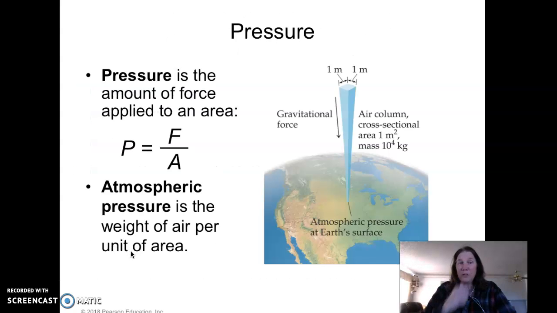One of the things about pressure is that it is force in an area. Atmospheric pressure is the weight of the air, and the closer you get to the ground, the higher the atmospheric pressure, because pressure is the amount of force applied over an area. When you're talking about atmospheric pressure, they use a 1 meter by 1 meter area, and then ask how much force is there. As you move up, like when you're in Denver, you don't have as much atmospheric pressure as you do when you're in Belcourt, because Belcourt is lower. The lower you get, the more pressure you have, because of gravity, plain and simple.